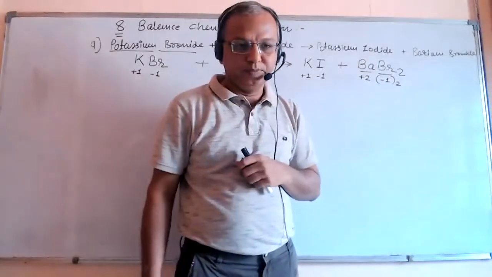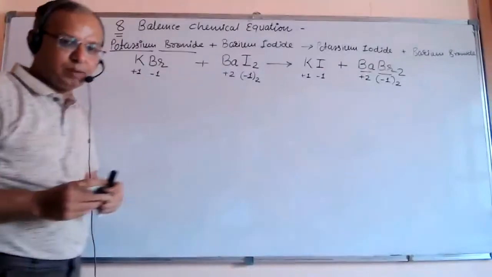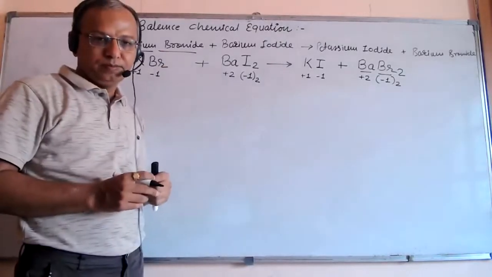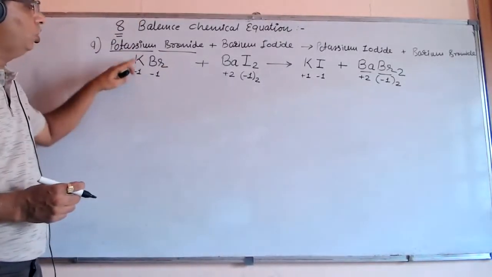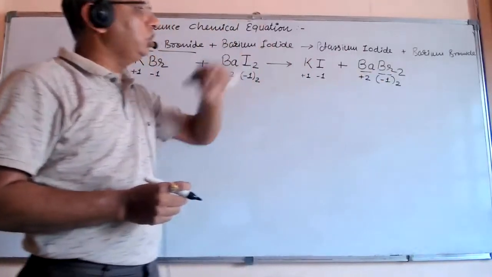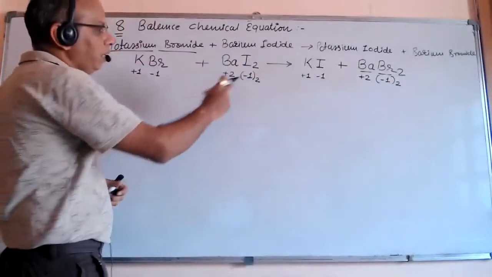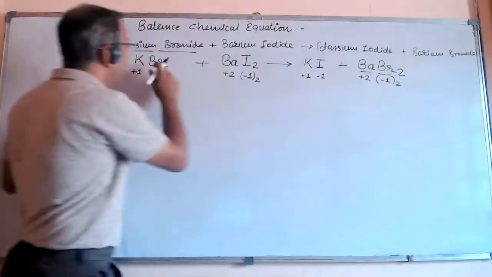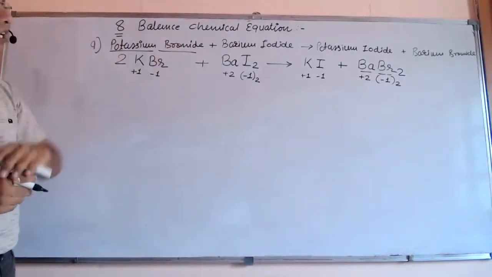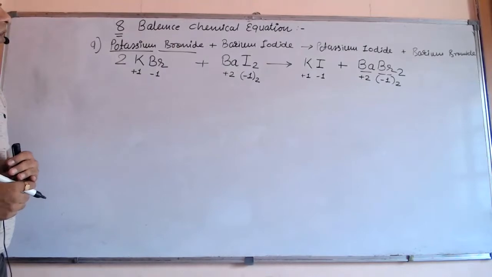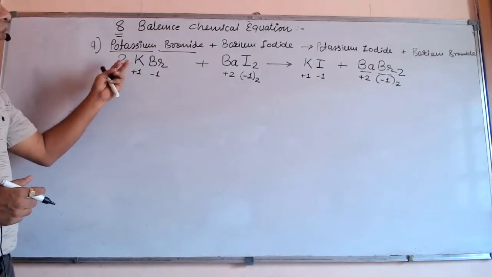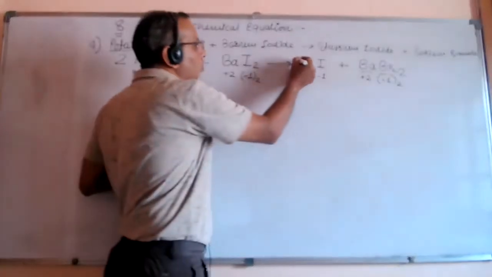Now, friends, in the last step, we have to balance the numbers on both sides. You can see one potassium, one bromine is there, but on the right side, bromine is 2, potassium is 1. So to make bromine 2 here, we have to multiply this by 2. Now two bromine are here and on the right side too, but potassium on the right side is 2. So here we should put 2.